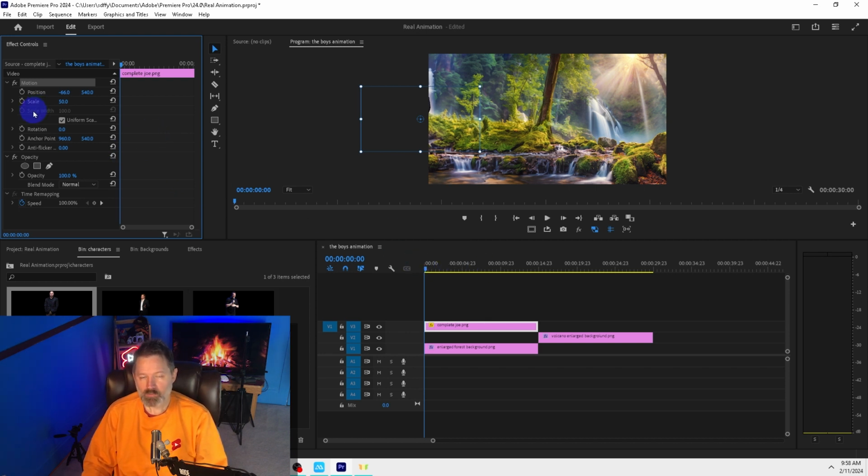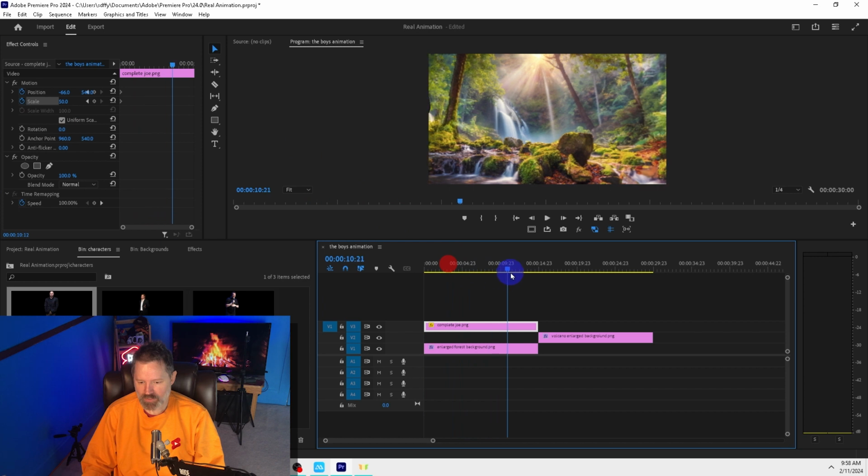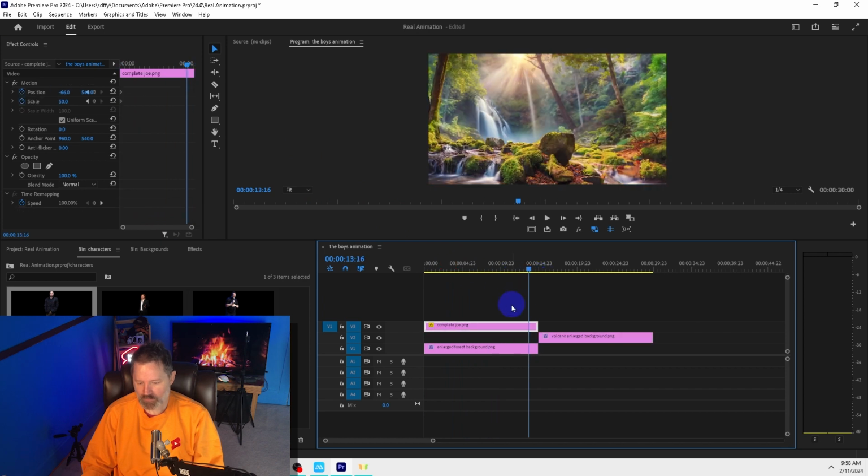To make Premiere Pro remember that he's going to start out there, just a little bit showing on the left of the frame, we're going to click position and scale because we will probably scale him up a little bit by the time he gets to his spot. So I've extended this out to 15 seconds. So just to get us to the end of this PNG, this image that we just put on the side